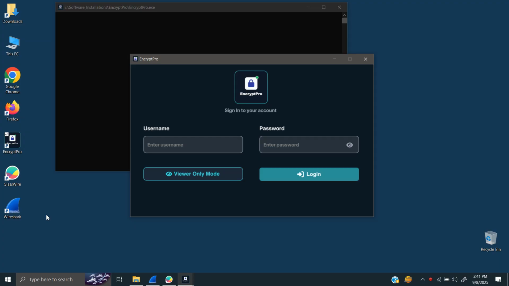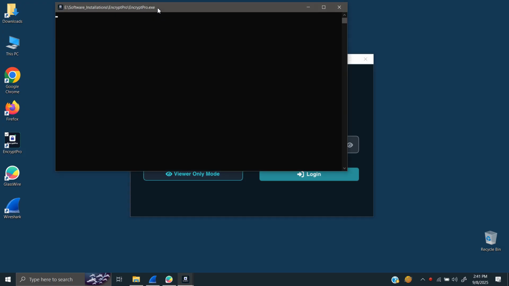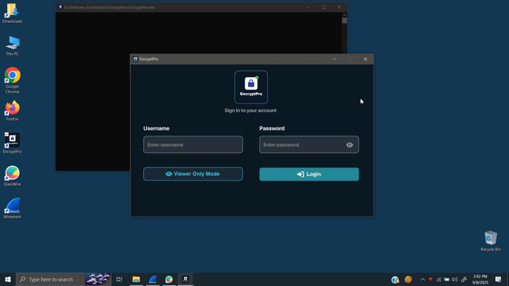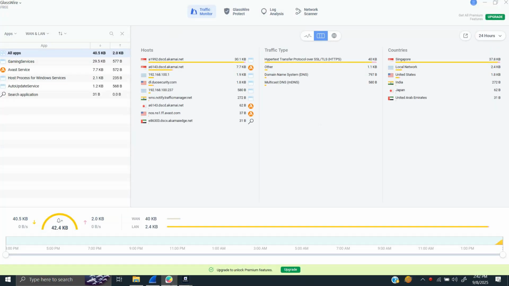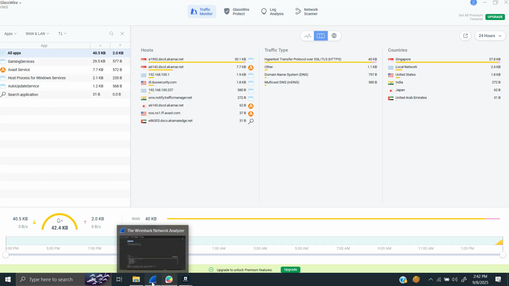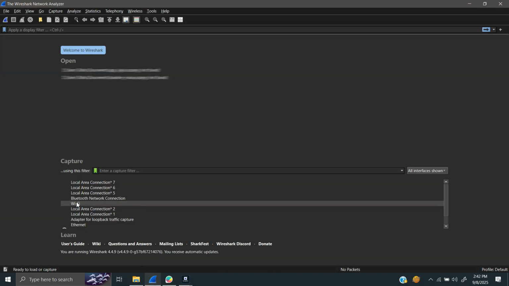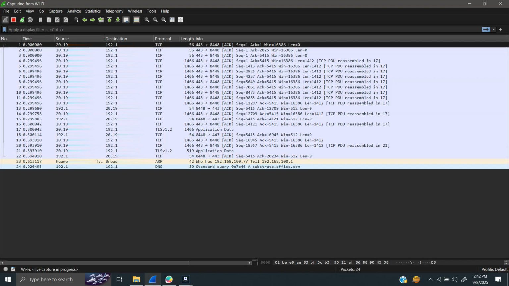To ensure complete transparency, we'll use a debug version of EncryptPro that displays all request data in the terminal, showing exactly what's sent. We'll also monitor network activity with Glasswire, a trusted tool that reveals which servers our software contacts. For a deeper dive, we'll use Wireshark, a powerful analyzer that captures every network packet, giving you a clear view